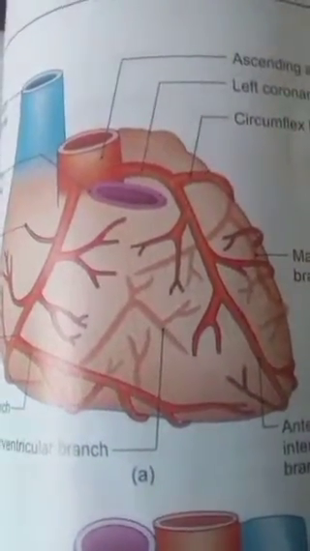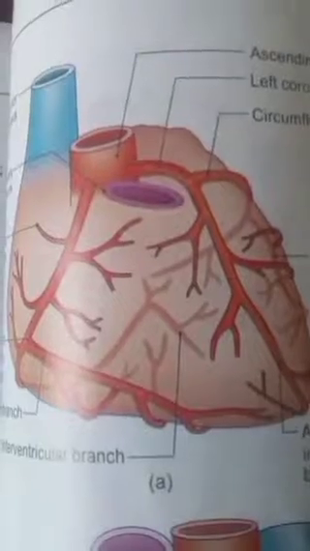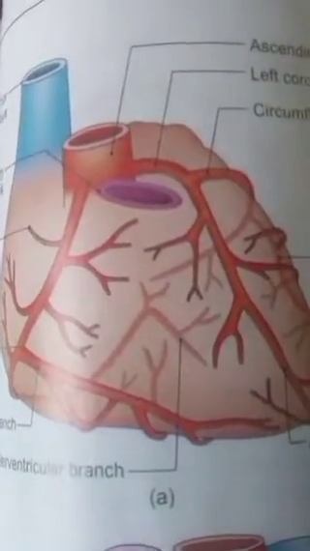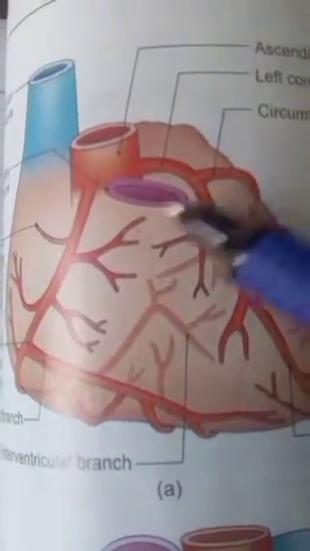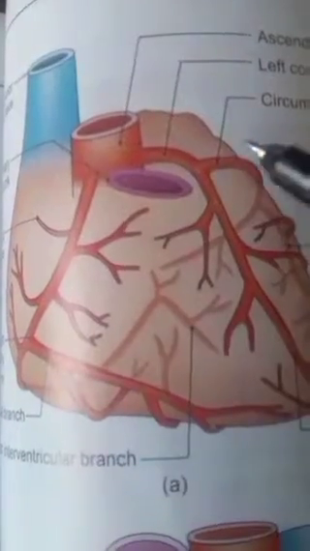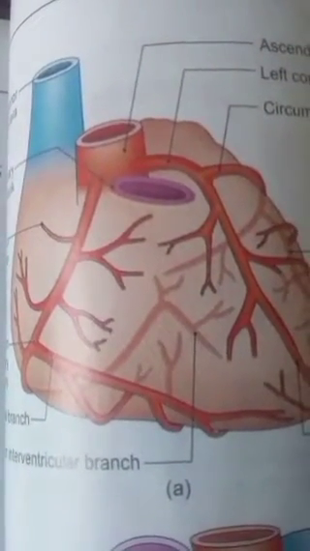In this video, we will discuss the blood supply of the heart. First, we will discuss the arteries of the heart and then we will discuss venous drainage. The heart is supplied arterial blood by two arteries termed the right and left coronary arteries.